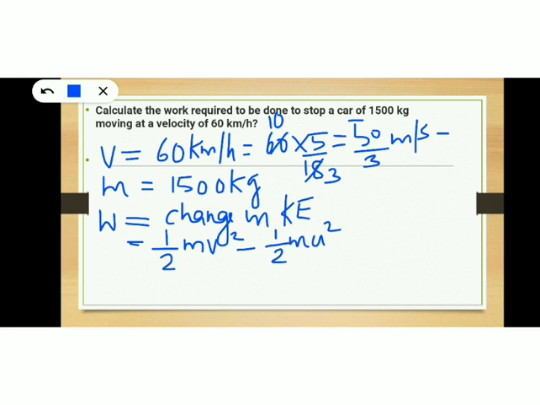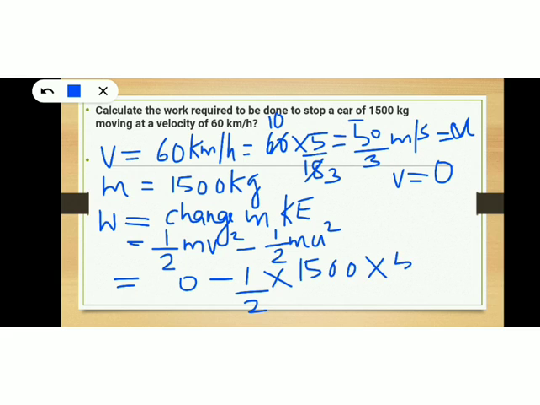And we know initial velocity is 50 by 3 meter per second, because initially the car is moving with this velocity, and finally the car is coming to stop. So final velocity will be equal to 0 here. So here half mv square will be 0 because finally the car is coming to a stop. So here you will get 0 minus half into mass, mass is 1500 kilogram, into u square, u is 50 by 3